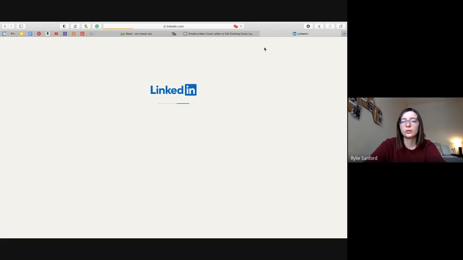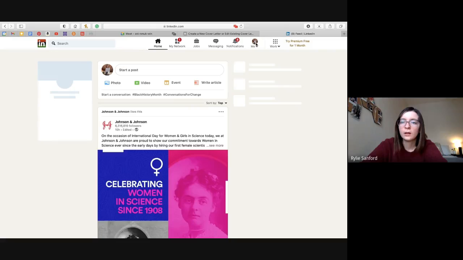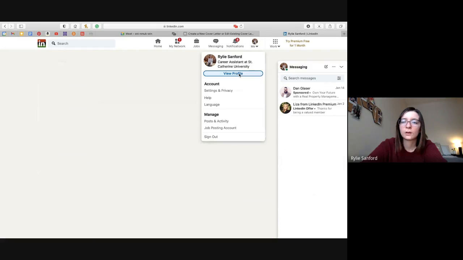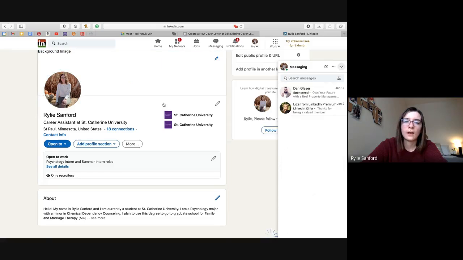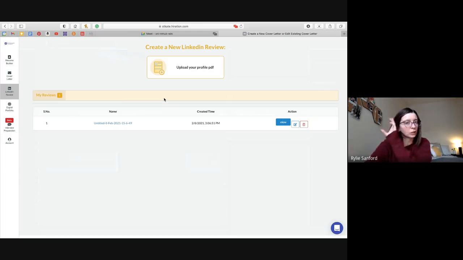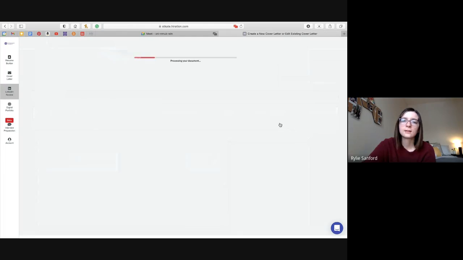And then once you are there, you are going to want to go to your profile. So view profile, and then click the more button, save to PDF, and it'll save to your computer. And then once it's saved to your computer, you can upload your profile, and I did mine the other day, so I'll just open that.